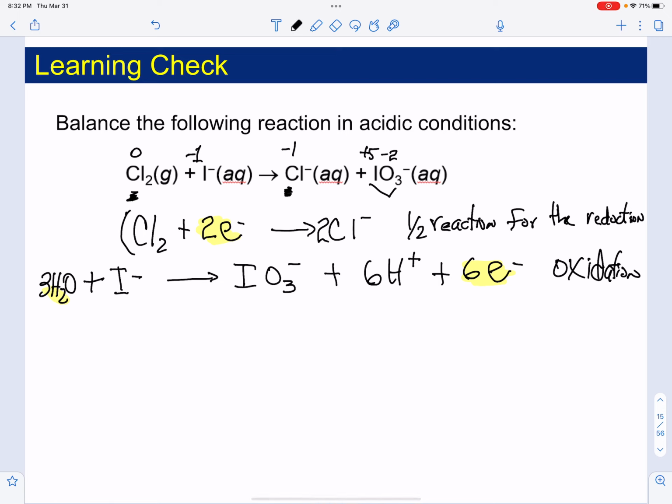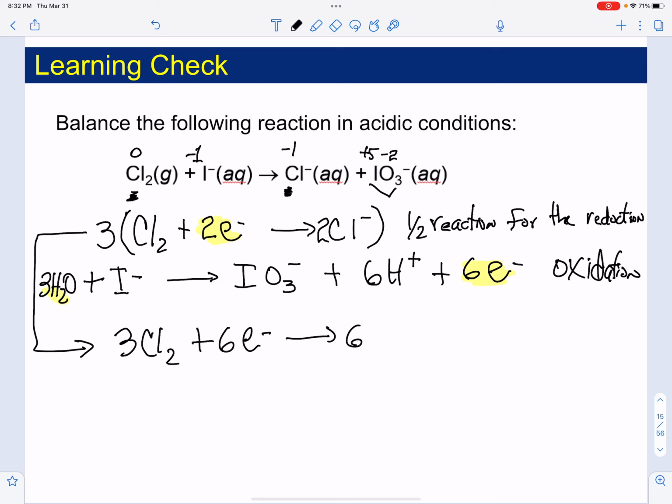We have to multiply the whole reaction. So when I do that, I'm going to get 3 chlorines plus 6 electrons, producing 6 chloride. And then I'm going to combine that with my other reaction, which was 3 waters and 1 iodide, producing iodate